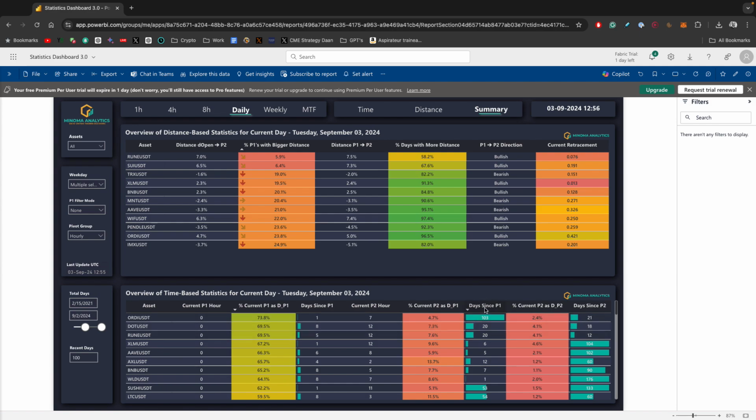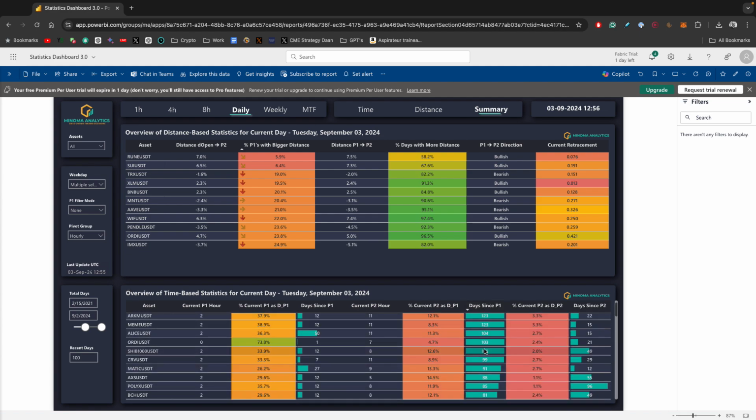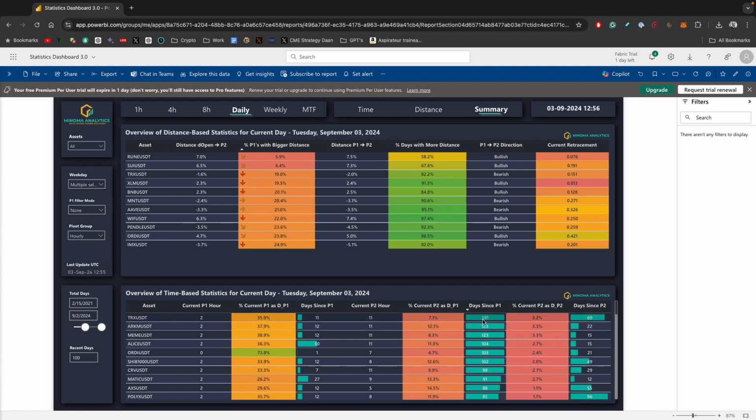You can even filter on or order on these things. For example, you can press day since P1, and then it will sort from high to low unless you press again. All the pivots that have a very long history of not hitting it. So this, for example, shows that this current hour 11 has not been P1 on TRX for 391 days. So in this case, you can be quite sure that it's not going to flip P1 and hold for the rest of the day. Or you can say, well, day since P2,